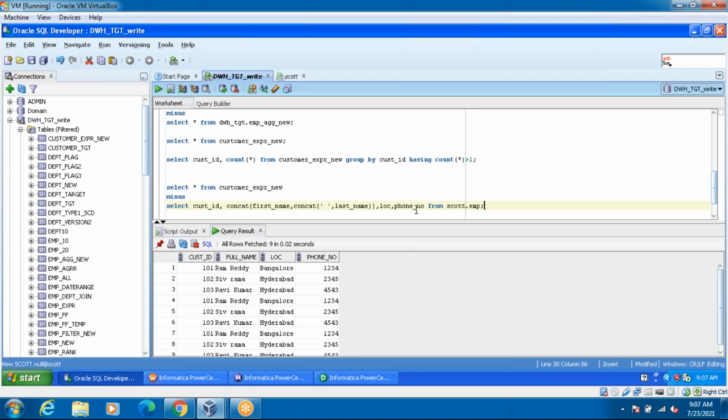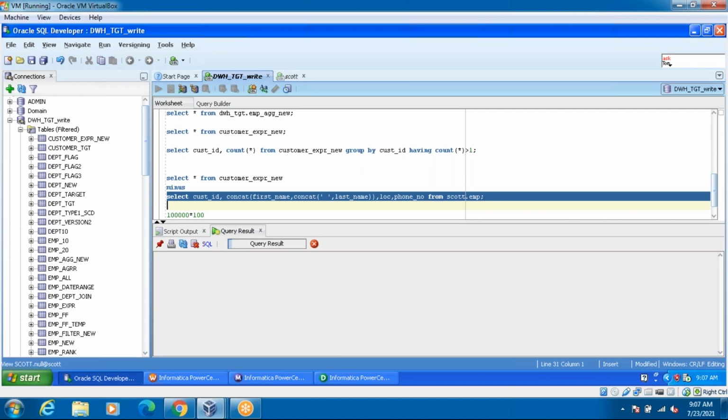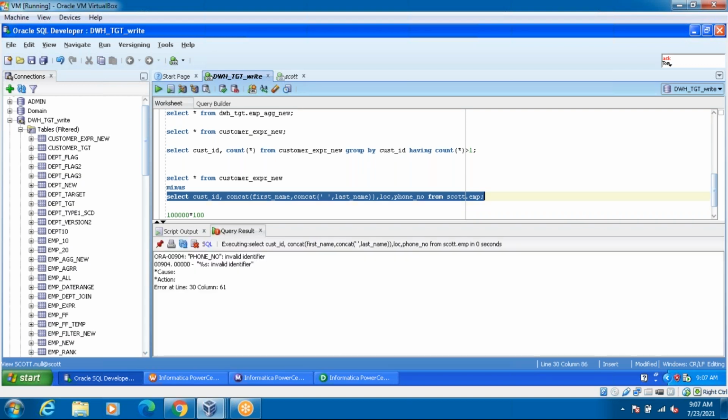Okay, to run this one, we execute this one also. How we are getting the data, you can see. Phone number is invalid. What is the spelling mistake?